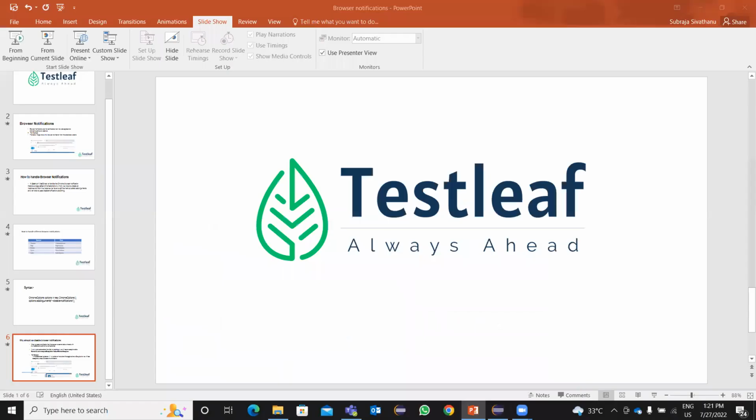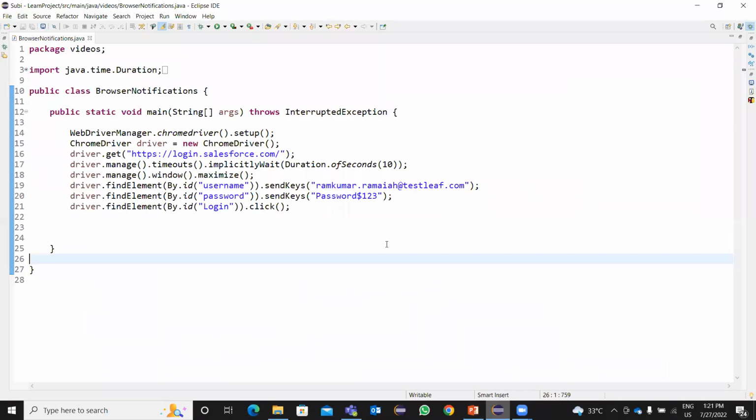Okay, so let me go to the Eclipse. Now here I have logged into salesforce.com. I have written the code to maximize the browser, and I have typed in the username and password, and clicked the login button. So now when I run this program,